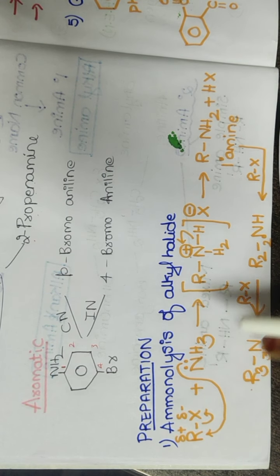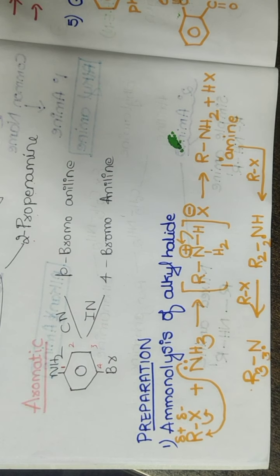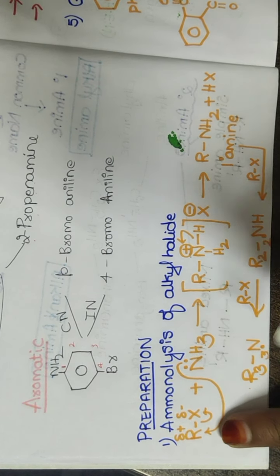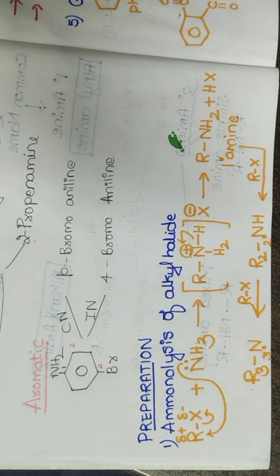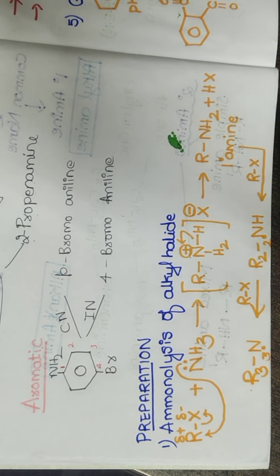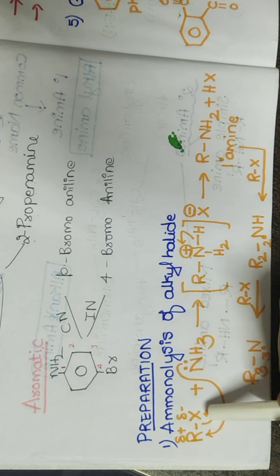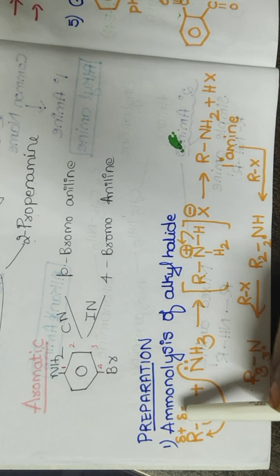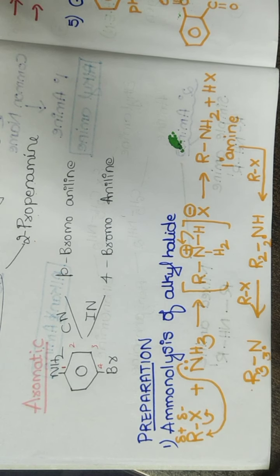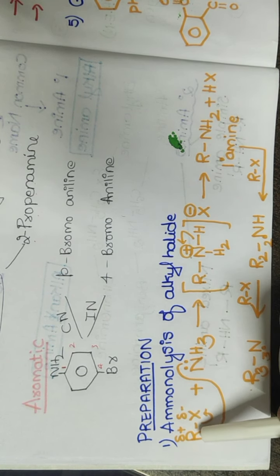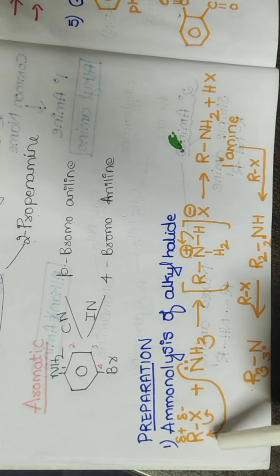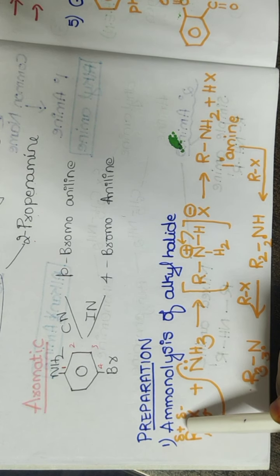All halogens are called good leaving groups. What do you mean by leaving group? It is a group which will leave the substrate molecule. So therefore we are taking alkyl halide as a substrate here. And I hope you know that in alkyl halide, the halogen being electronegative will have a partial negative charge, whereas the R group, that is the chain of carbon, will have a partial positive charge.